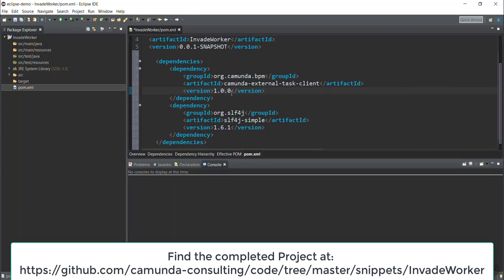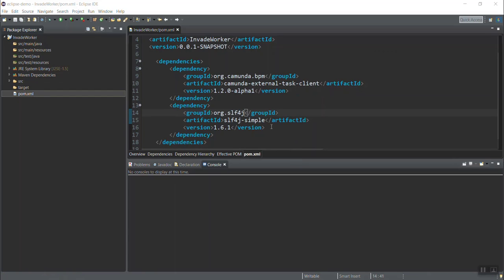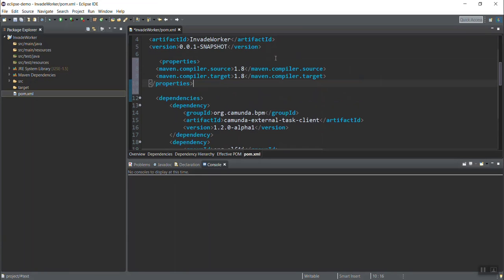I'm going to change the version to 2 alpha. Okay. Another thing I'm going to do is add a property here to make sure that Maven uses Java 8 when it compiles. Okay, so that's our worker.